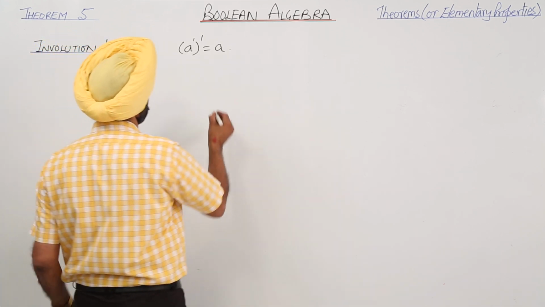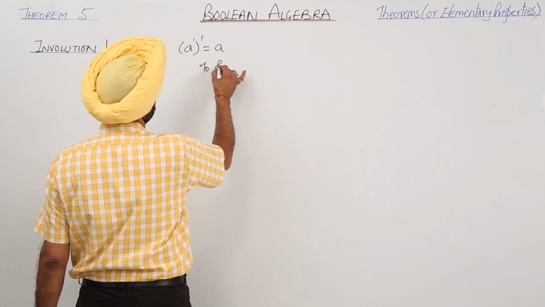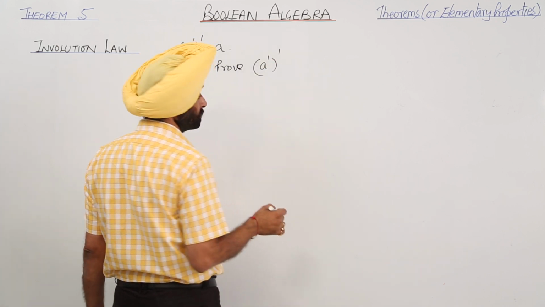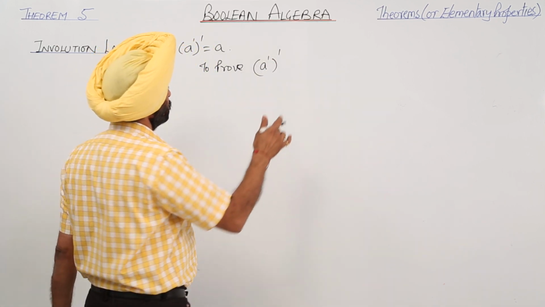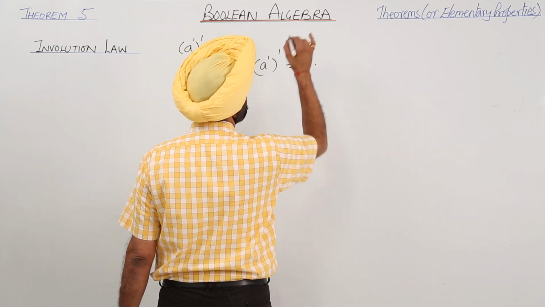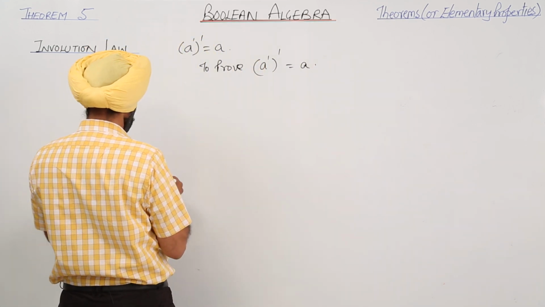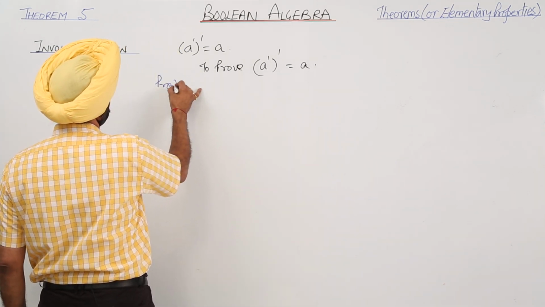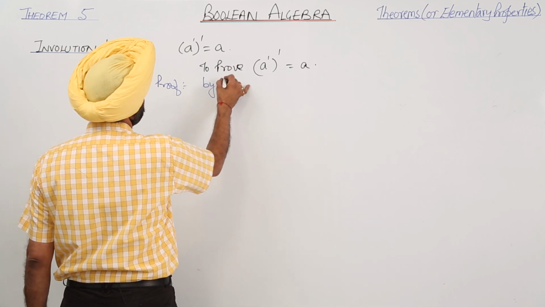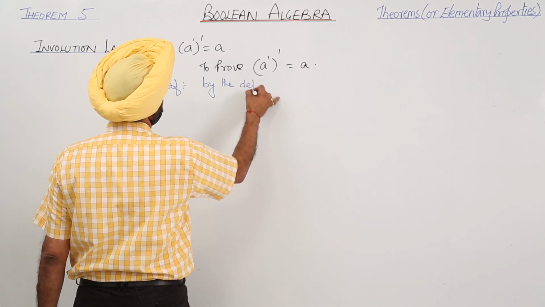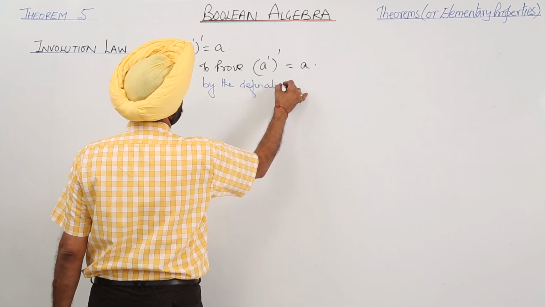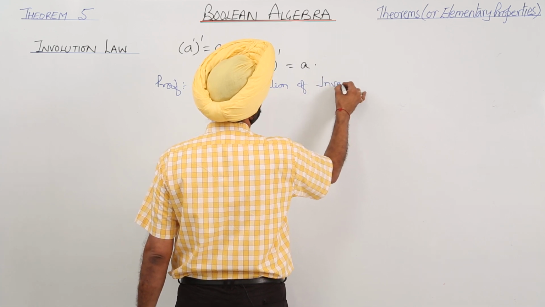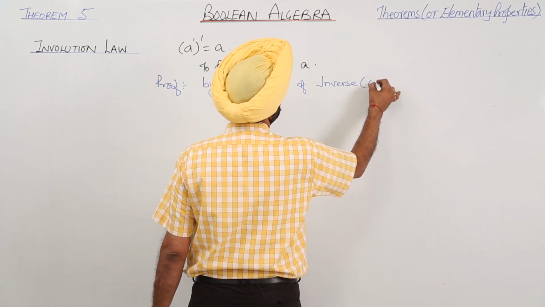So let us prove it now. To prove: inverse of A inverse is A. Proof. By the definition of inverse, or you can say complement,